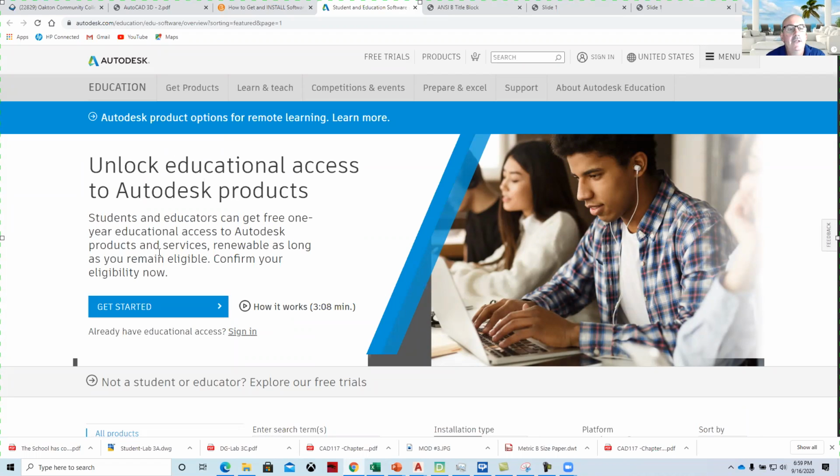I've already got an educational ID, so I can sign in and show you that. But if you don't have an ID, you'll need to go through the getting started steps. We recommend that you use your Oakton email so that it has a .edu extension on it. So if I log in,